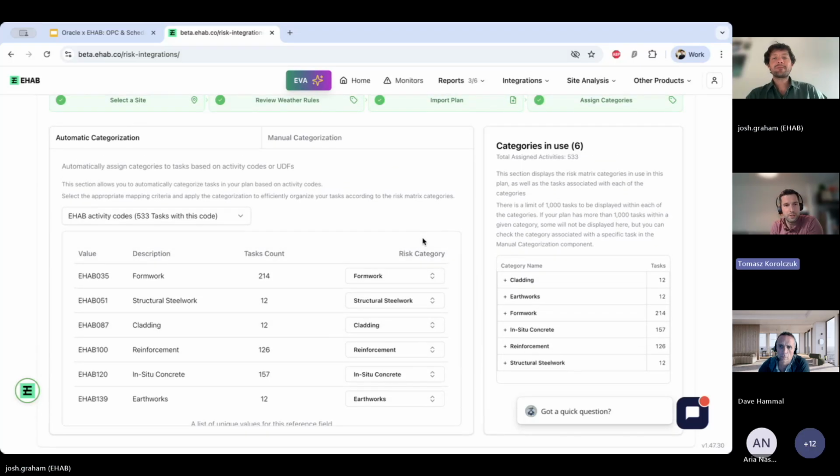Do you use activity? Those are like P6 or OPC activity codes, right? Yeah, I think in Microsoft Project they're called something slightly different. But yeah, you can. It works in other solutions as well. In terms of P6, you can use codes or UDFs, right? Yes. So those in OPC would be called codes or configured fields. That's right. In Microsoft Project, whatever else.